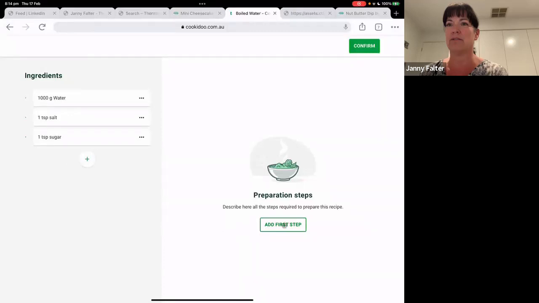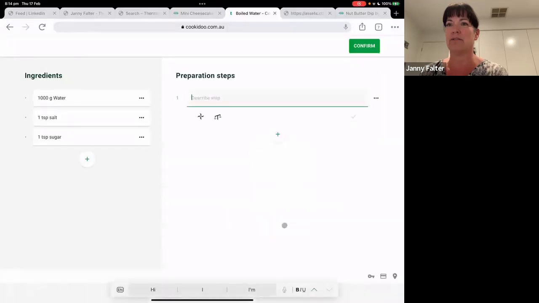And if I go over here to the right-hand side, I just add in my first step. And I say, weigh in, and now I can weigh in 1,000 grams of water, right? So now I do this just to show you. Okay, and I say plus to add the step, and then I can say put a lid on top,